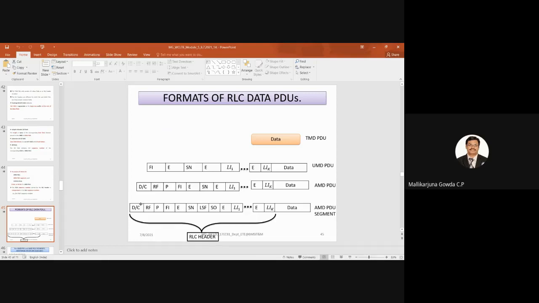So D/C indicates what I said. Each of these fields: D/C, RF, P, FI. I discussed these just now. FI, that is framing information, extension bit, sequence number field.